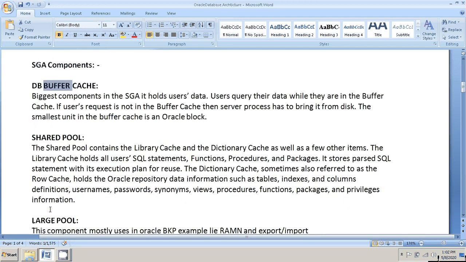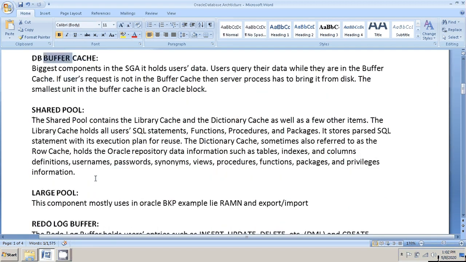Then the shared pool. The shared pool contains the library cache, the dictionary cache and a few other items. The library cache holds the user SQL statements, functions, procedures and packages. Whenever the user fires a statement, it is handled by the dictionary cache and the library cache.